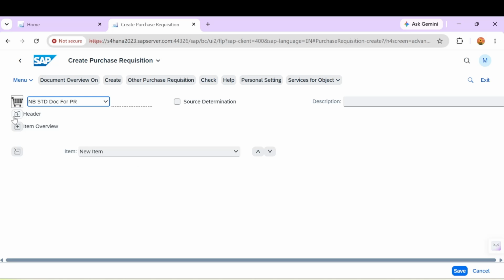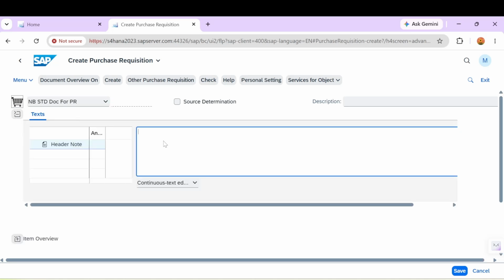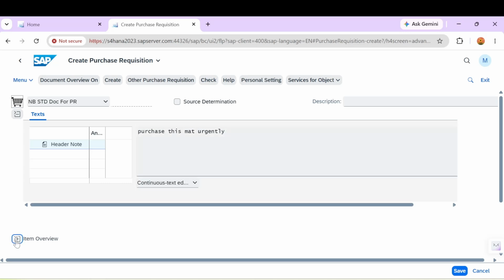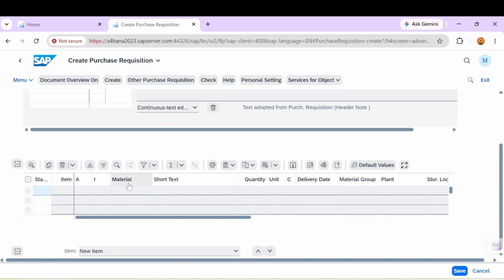What we need to do here is give all these details. In the header, we can give the header details like: purchase this material urgently. We can mention anything here as text. It's not mandatory, but I just mentioned it here. Then we go to the item detail.